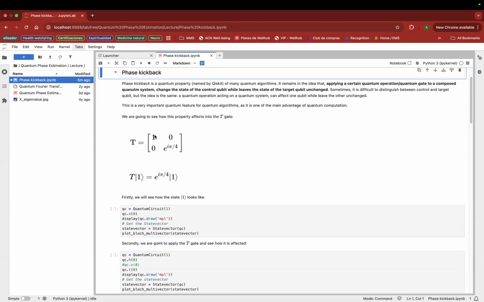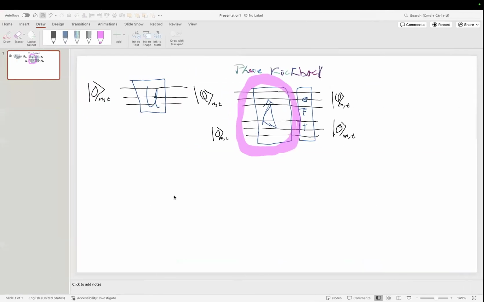Then the T gate. The T gate is putting, in that case, a global phase to this eigenstate one. It's applying a global phase. One very important aspect: quantum computing is only measuring relative phases. Quantum computing never measures global phases. A global phase is a common factor of something, okay? It is a common factor, and only relative phases are measured. What does it mean?